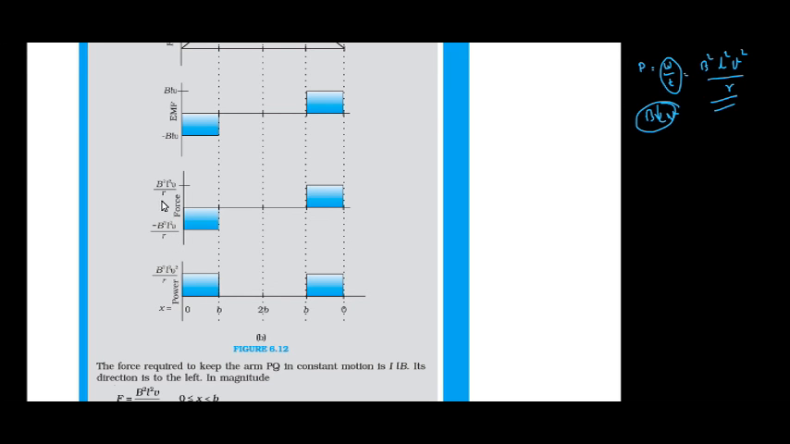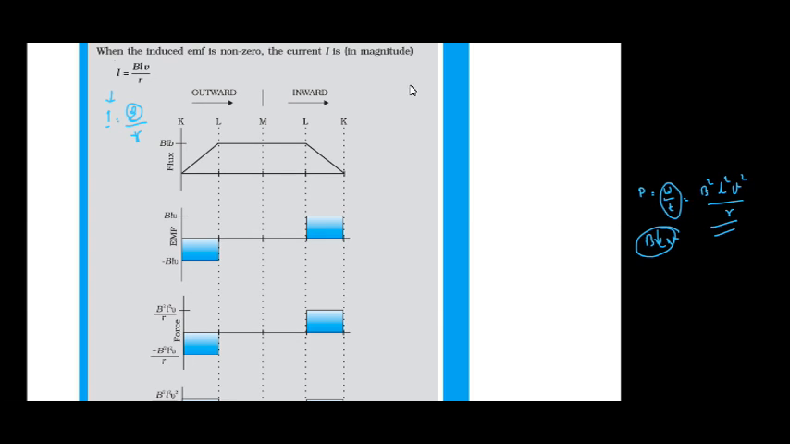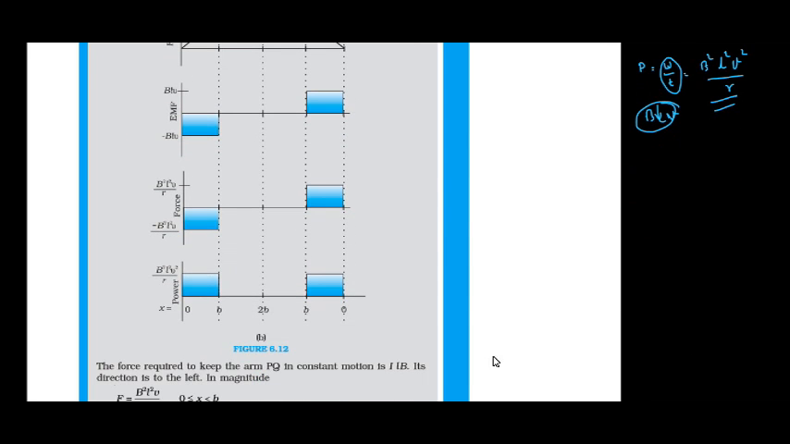Again, for this reason from 0 to B, EMF is equal to minus BLV. In this way we have found all the quantities, and flux is equal to BLV. Again from